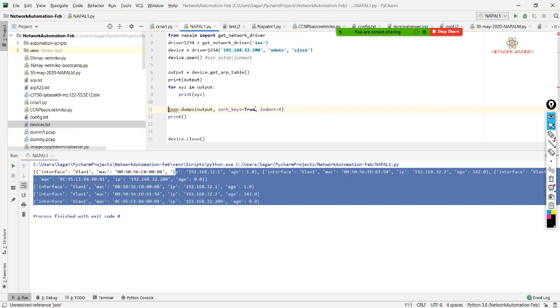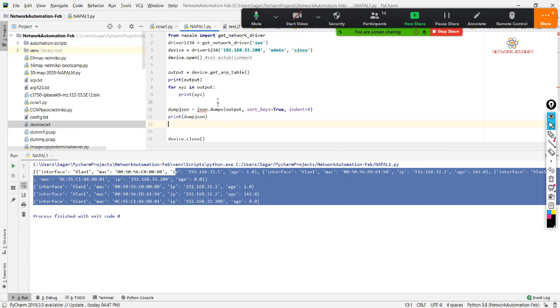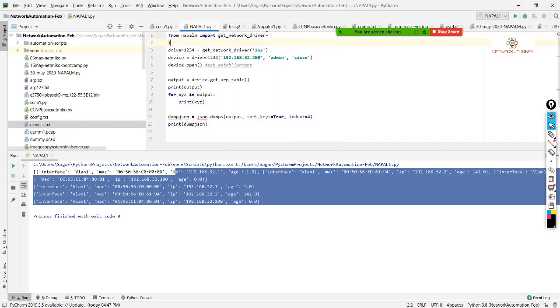I have not defined it. So let's say I am taking the dump JSON value. I am taking all these things in the variable called dump JSON. I'll print that. So do you think I have done my script properly? No, there's something missing. That is to call JSON.